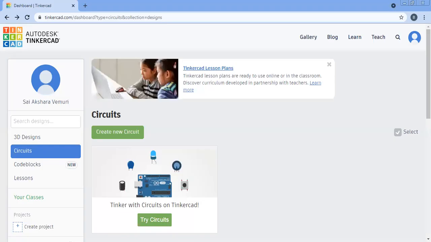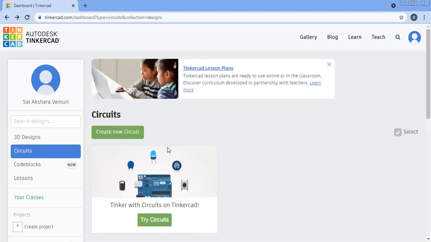So today I am back with another interesting circuit related project, that is controlling the intensity of light using LDR. So first let's see what exactly is an LDR. The full form of LDR is light dependent resistor. That means based upon the resistance of LDR, the intensity of light changes. So today we are going to make a circuit for that, and we're also going to code it and see